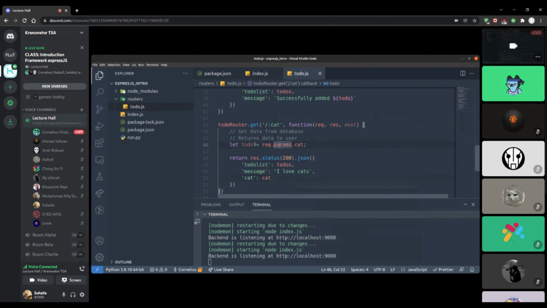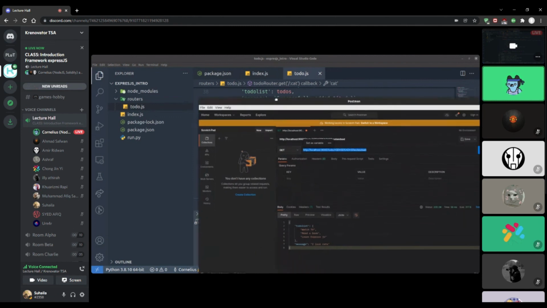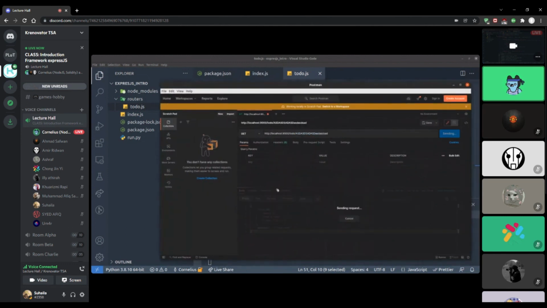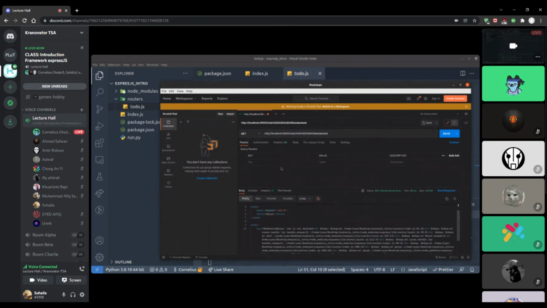Then maybe for now you just put the data that we've gotten from this request parameter, and try to return it to the front end. The HTTP request, we'll see how it is. So you can see that this one will call the /todo route, and it will have this as the request parameter. So if you try to click send,